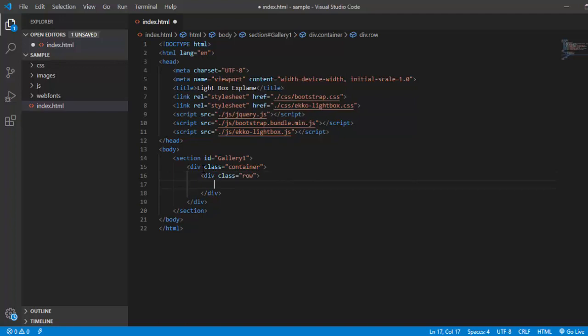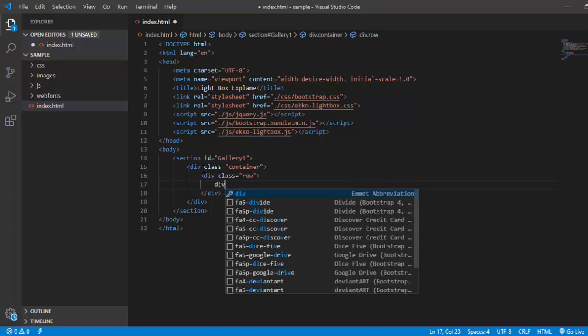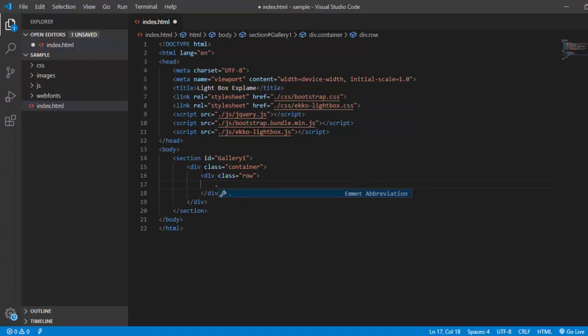Then we need to have our images. No need to write a div, directly you can write col-md-3 and col-sm-12. In the small screen it will take 12, and in the medium screen it will take 3. It will divide the screen into 3 parts.